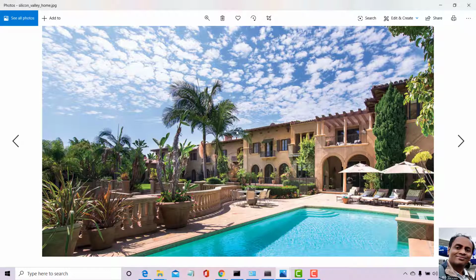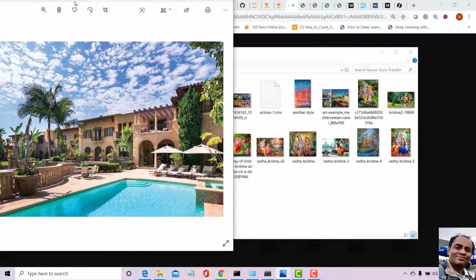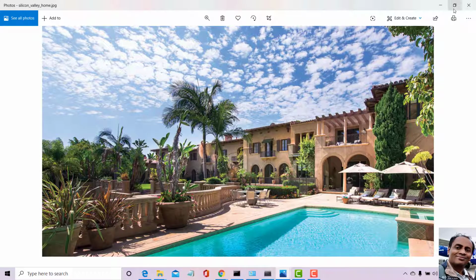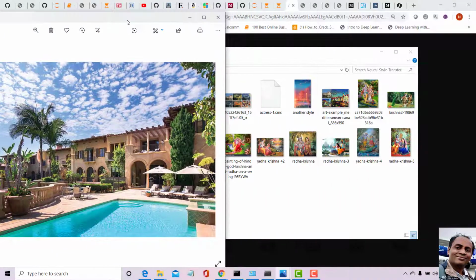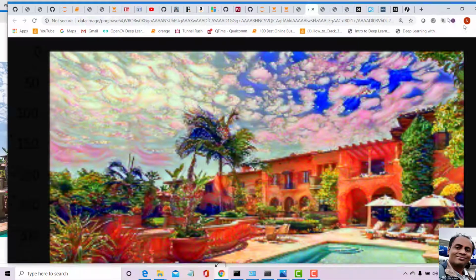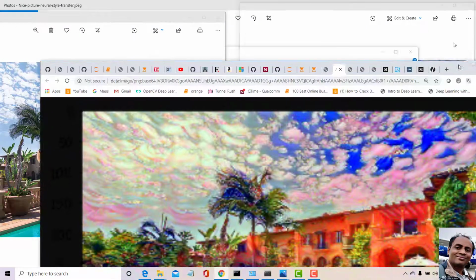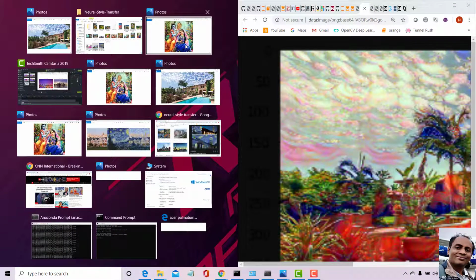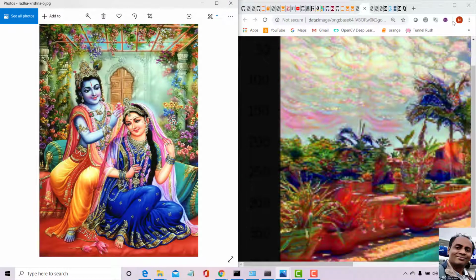So this was the original image, and after doing the neural style transfer, this image has become like this image. Wow. So is there a big difference? Yes, of course. This image has got the style of this image.